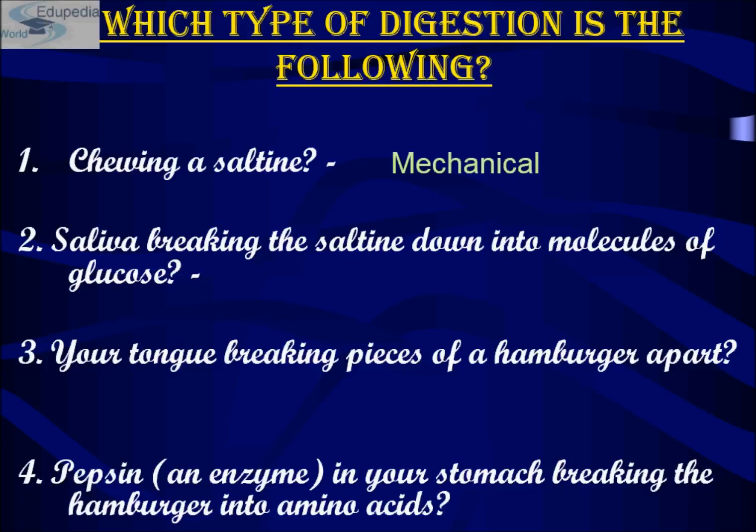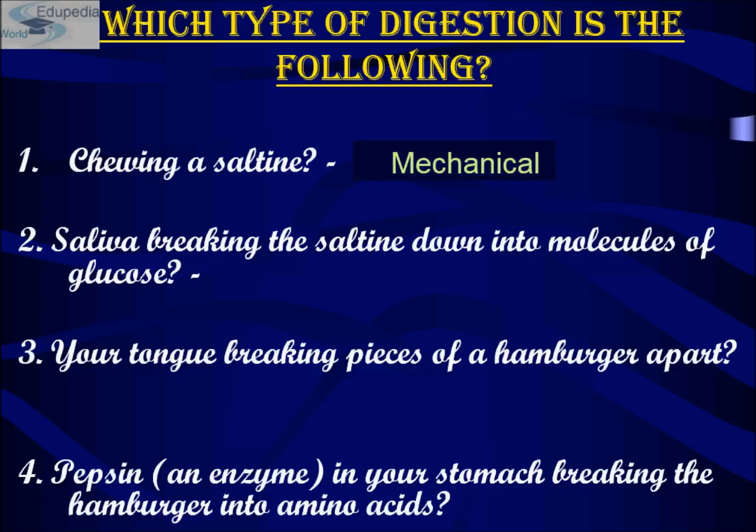By breaking food into smaller pieces, mechanical digestion increases the surface area of the food available for chemical digestion. For example, teeth chop and grind food, stomach churns the food. Okay,